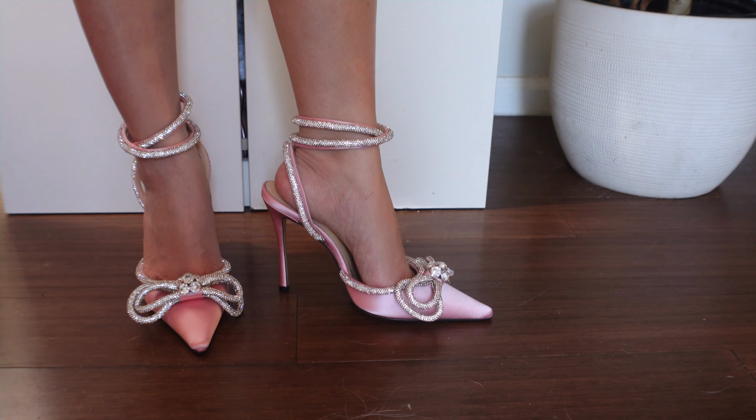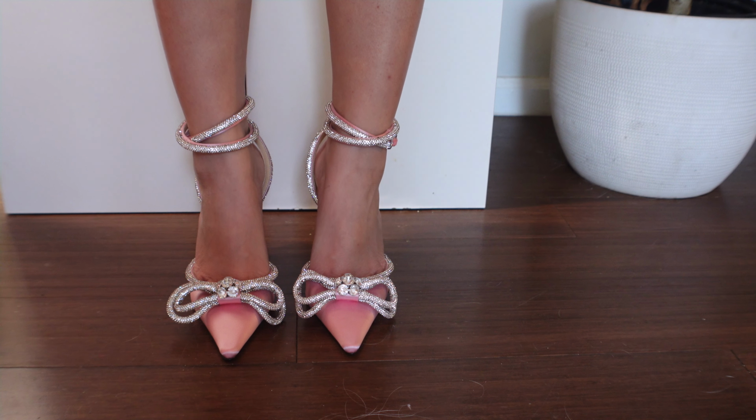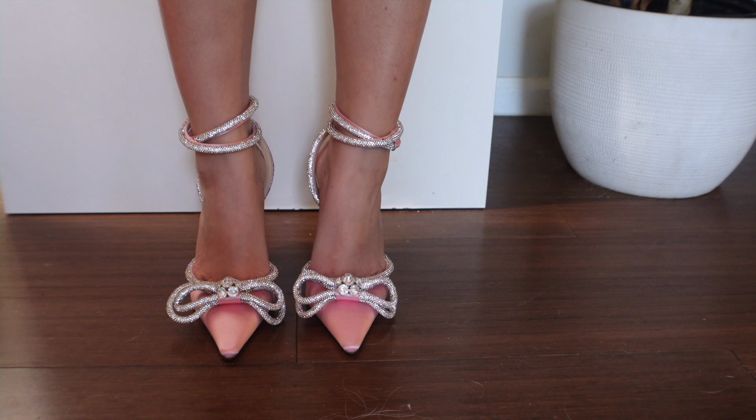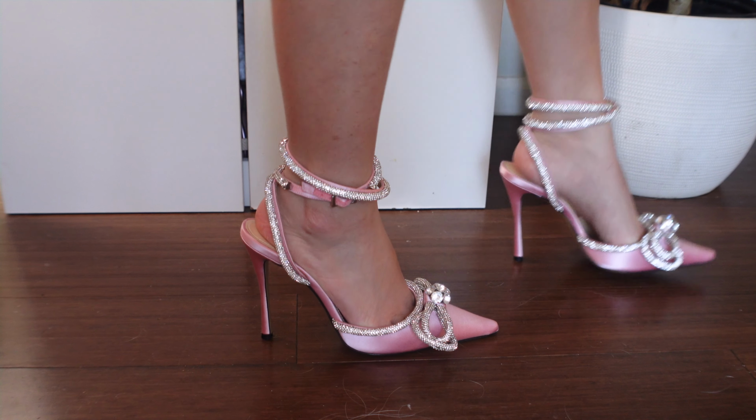There's already gaps in some of this crystal. Like, even from afar, I can tell there's like random black spots going on. I'll show you guys what it looks like. Walking with them, they feel fine. The straps do give you a little bit more support,